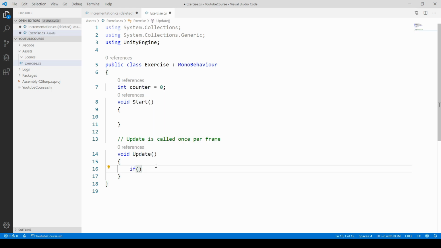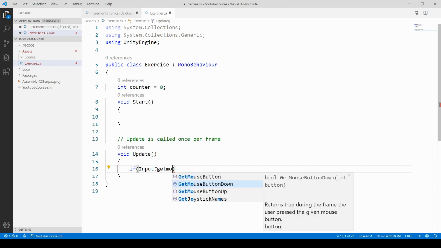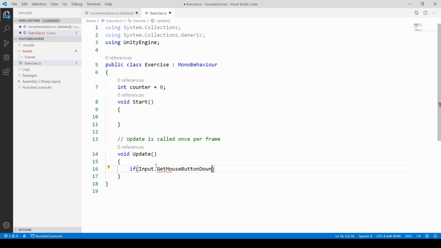So here we start our conditional statement. So we are asking if. Now we are getting some input and we want to check the left mouse button. So Input.GetMouseButtonDown, and inside the parentheses, as you can see, it's expecting an integer number that identifies the mouse button, and we want to use 0, so it reflects the left mouse button. So now open the curly brackets, and inside we have to increase the value of our